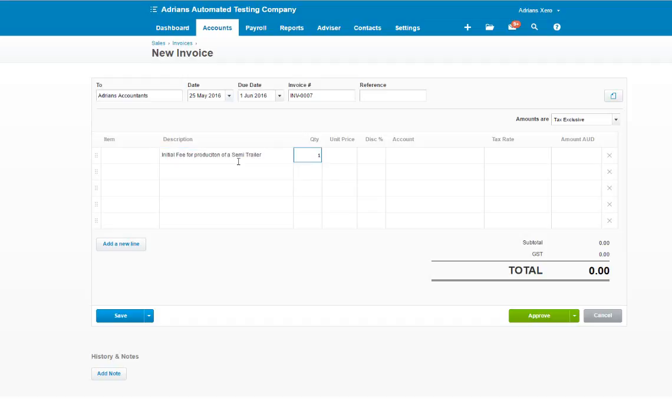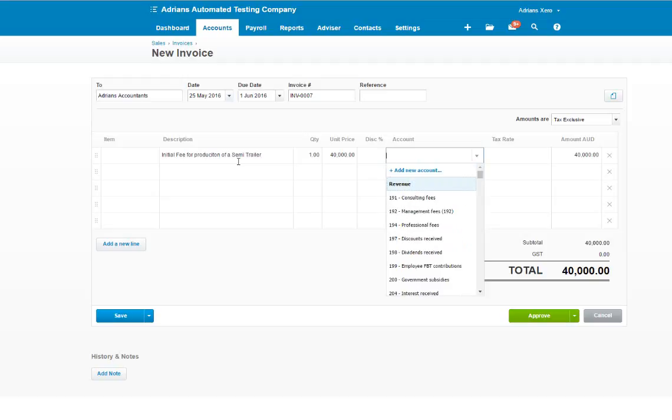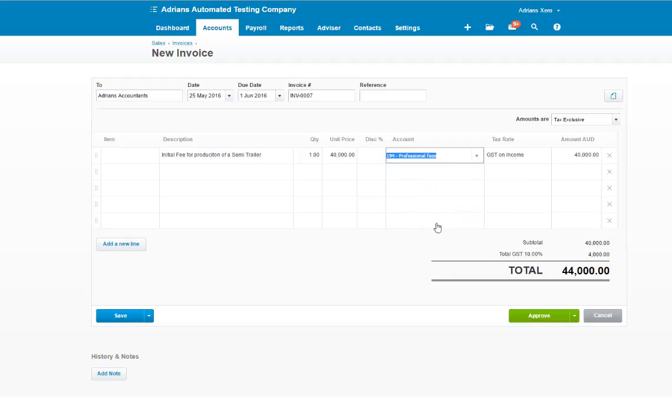You then enter 1 in the quantity, the unit price being whatever the price list is, and then you enter the account that you want it to go to. In most cases, it'll be a revenue account, such as sales or professional fees, depending on